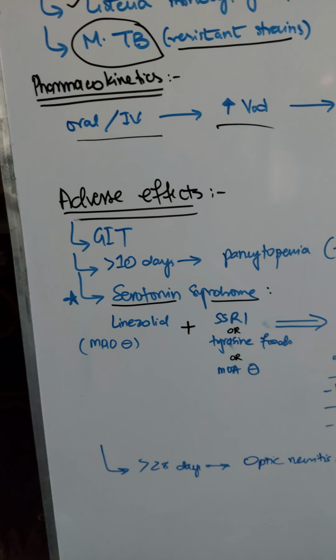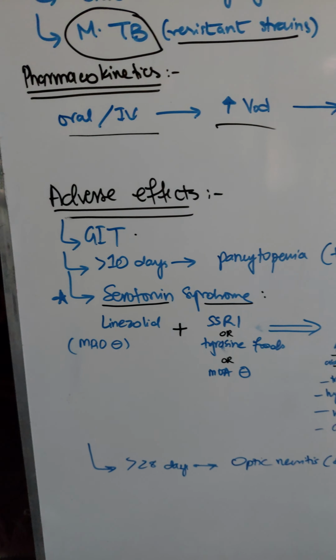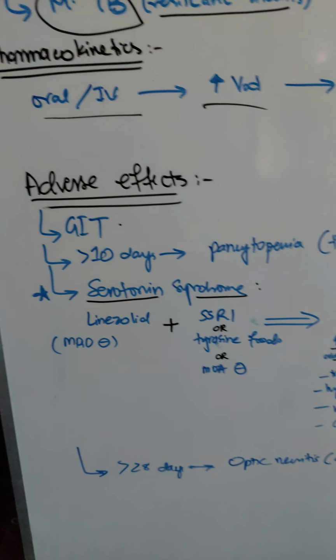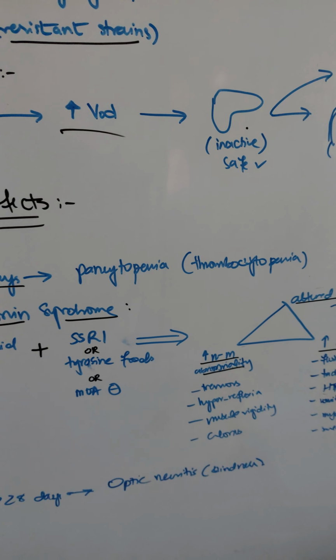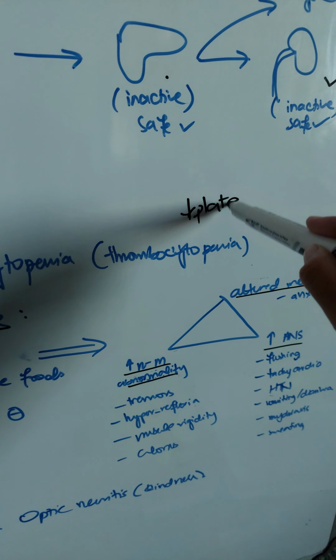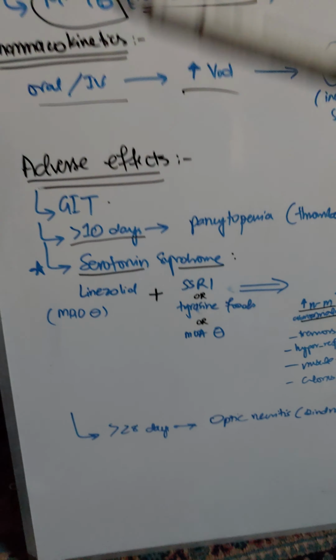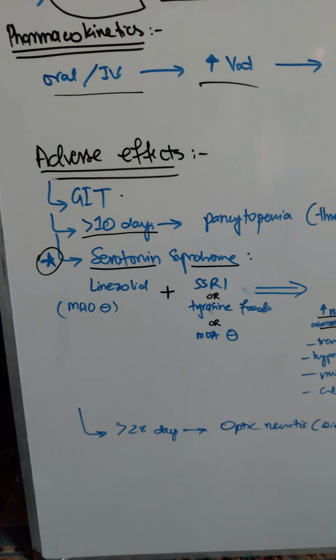However, when we come to its adverse effects, it mostly has GIT adverse effects, including nausea, diarrhea, vomiting, all of those things. If you give it for more than 10 days this can lead to pancytopenia and particularly thrombocytopenia, which is reduced platelet count. Okay, next important high yield adverse effect is serotonin syndrome,